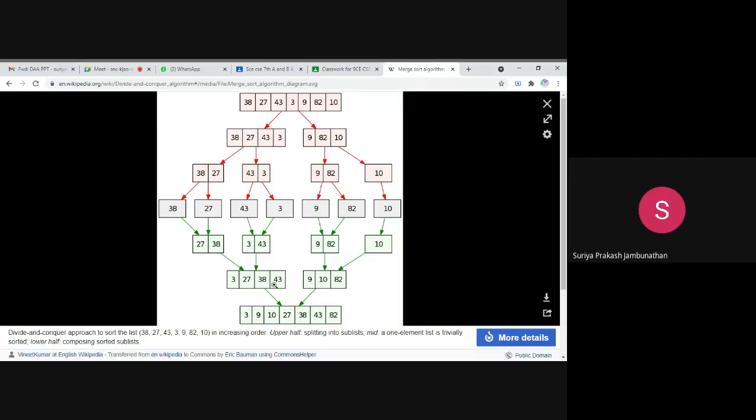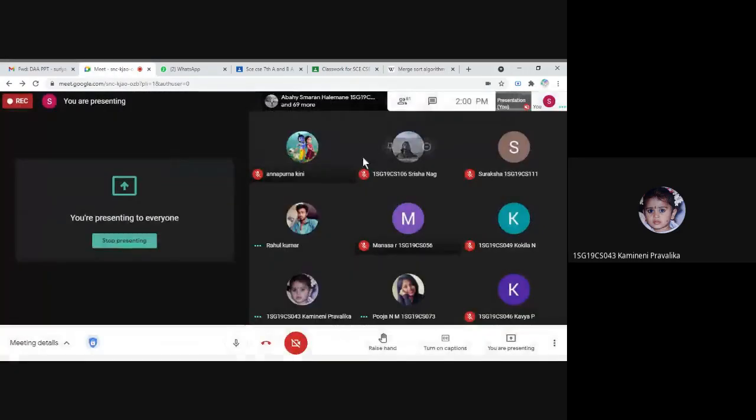Can you please let in Kajal, sir? It's auto admit. Tell her to give the request again. Whether she joined or not.